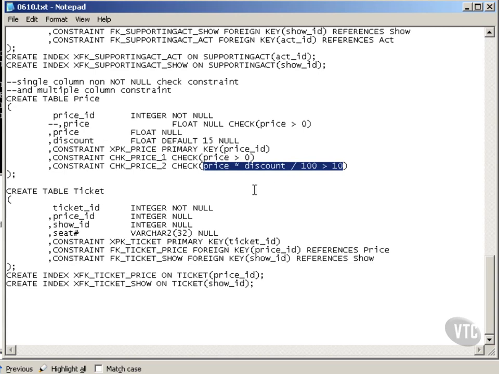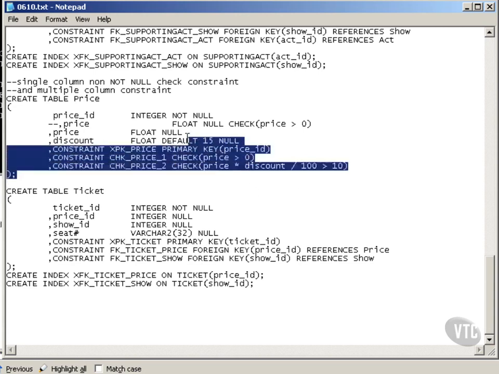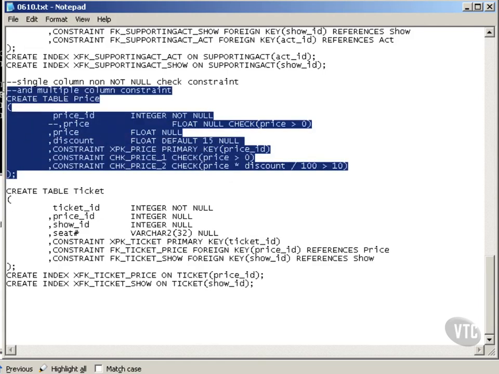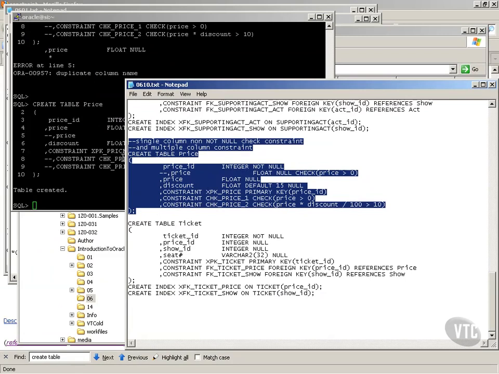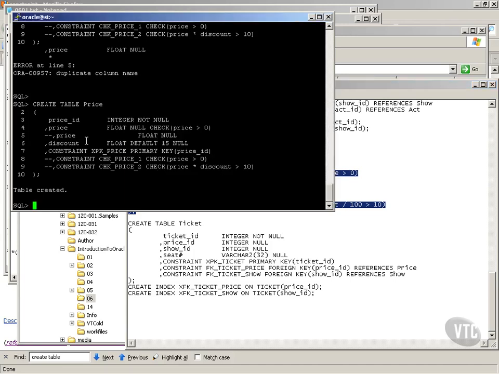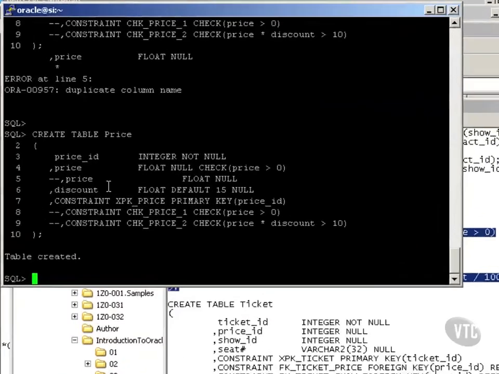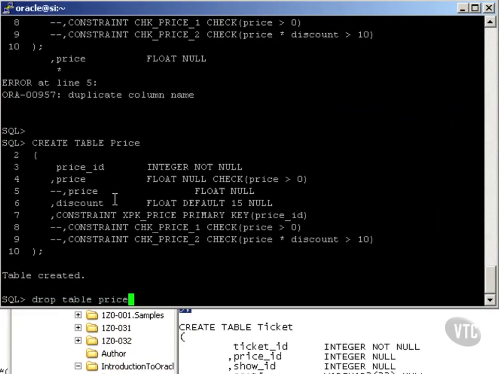Many data modelers might like to do that. I don't think it's the best idea, because a piece of software that's application oriented like Java or C is much more capable of doing this type of processing. I generally do not use check constraints in any data models I create, whether they're for books or for contract jobs, because they're better in the application. The application's better geared to handling number crunching. A database is good at processing data, passing it in and out and doing certain things to it, but not complex checks like that. So I can drop the price table again,